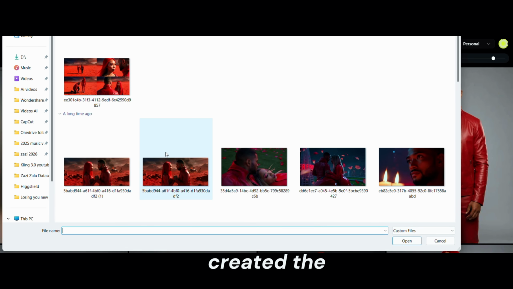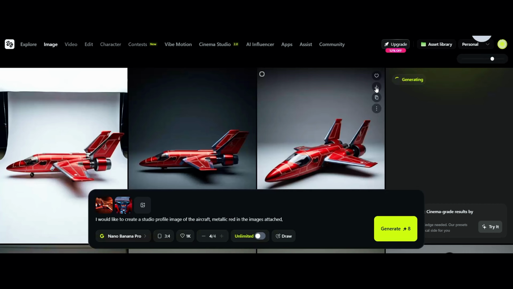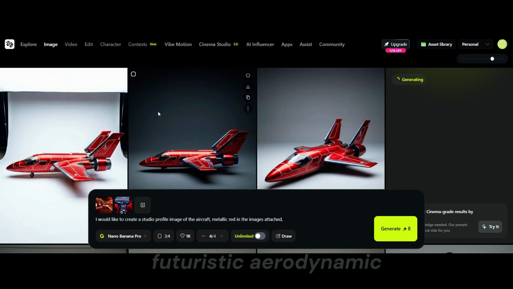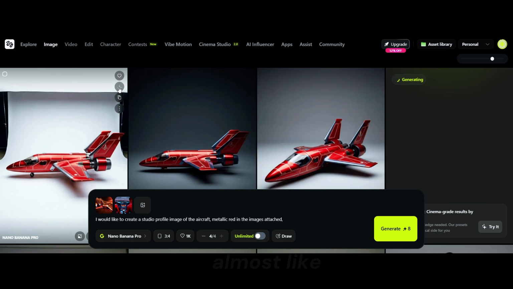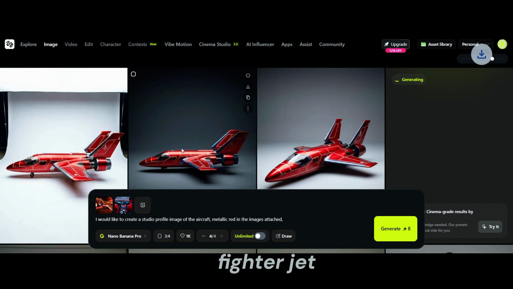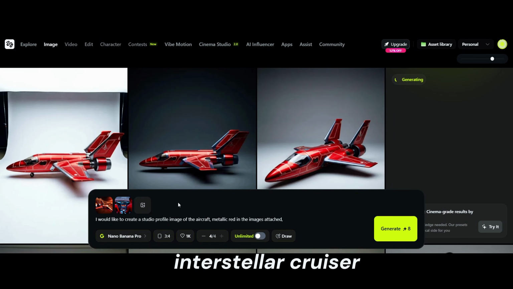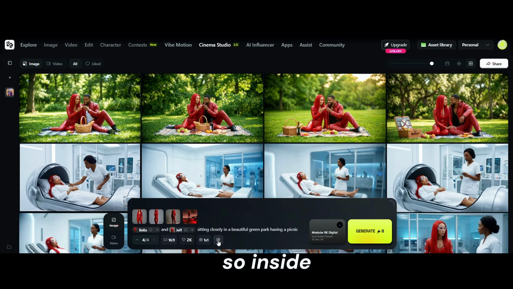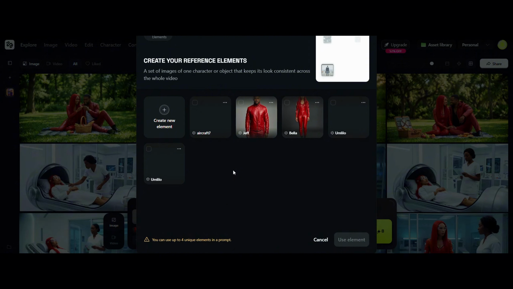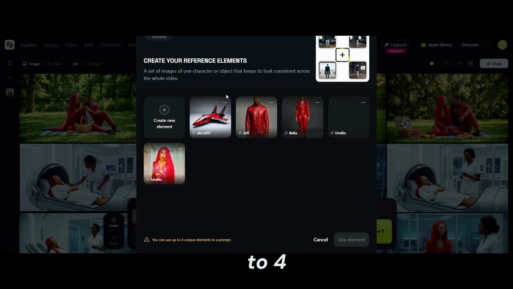I also created the metallic red aircraft. They travel in a sleek, futuristic, aerodynamic ship, almost like a cross between a fighter jet and an interstellar cruiser. This is important because the ship isn't just a background object, it's a character in the story. Now navigate to the Elements tab. So inside Cinema Studio 2, I go to the Elements tab. Here I can upload up to 4 images